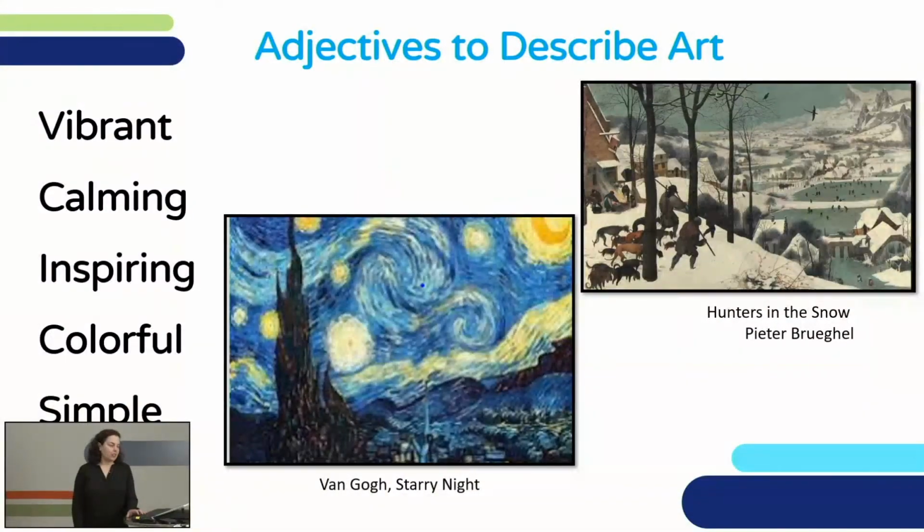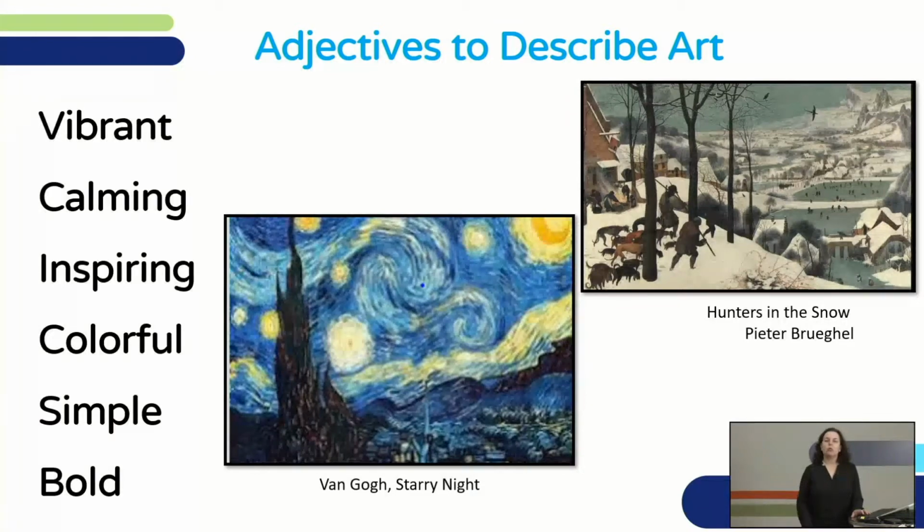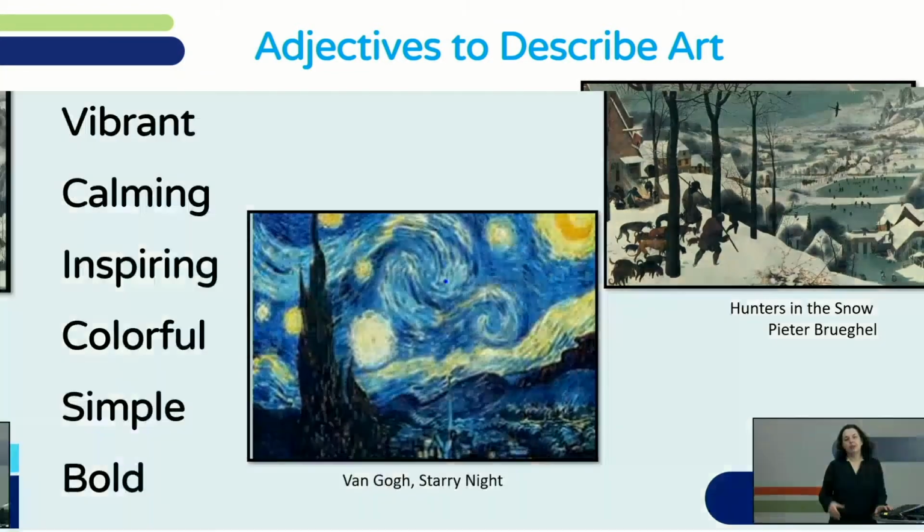Here are a few adjectives to describe art. I love art. I love art museums. I love art in general. Usually when I travel, I go to art museums in every city that I travel. Tel Aviv has a beautiful art museum. New York has a beautiful art museum. The Met, it's called the Metropolitan Museum of Art. Montreal has a nice, beautiful art museum. Right now, during your time at home, you can perhaps take a virtual tour of the museum. You can go on the museum's website and take a tour to see the different paintings on your computer.